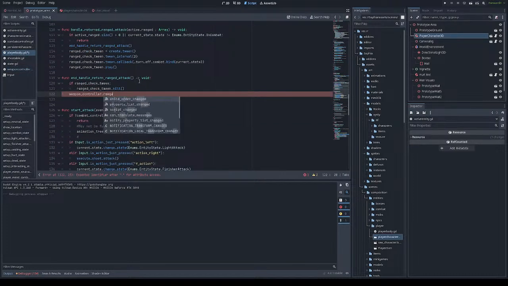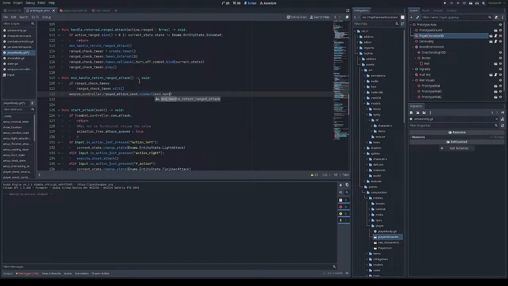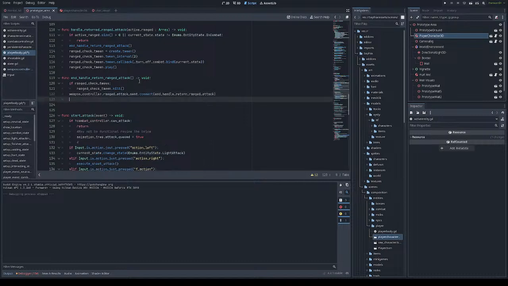Ranged attack event, and that we want to have end dot connect, end handle turned attacked. Right, so if we send an attack, we're going to try to check to see if a tween exists. If it does, we kill that tween. And then weapon controller dot